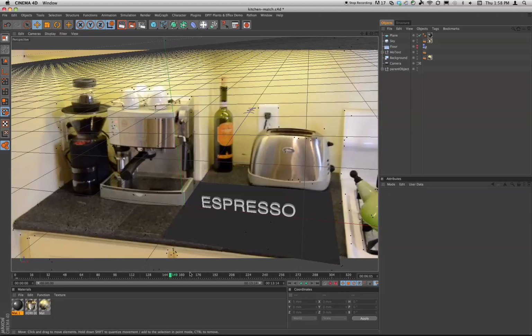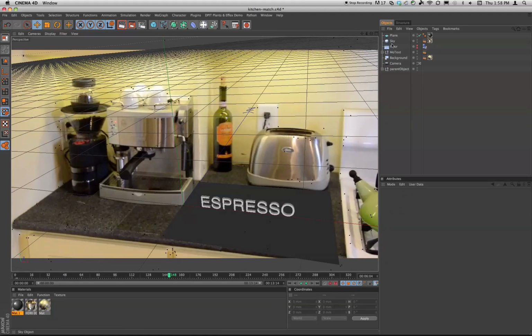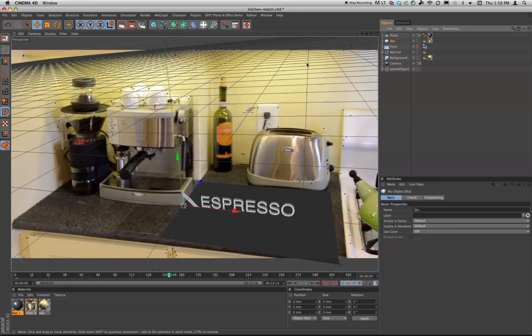Okay, let me quickly run through how I did that. So you're using the same sort of settings that we would use in any animation sequence. I put a sky object in here. I've got global illumination turned on. I've simply put a floor in here and turned the renderability off, so you don't see it in the editor, you don't see it in the